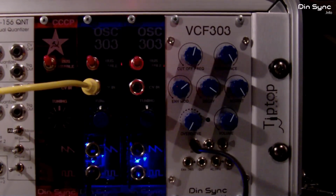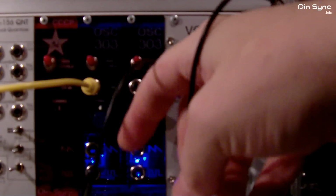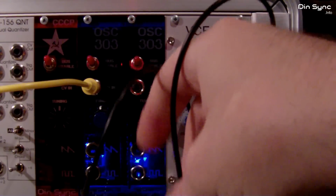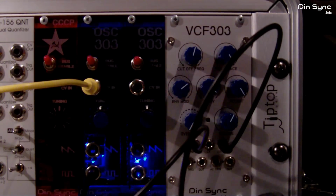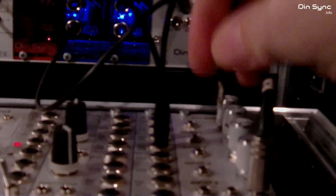And so we take the output of the VCF303 into a VCA. I'm using good old cheap dual VCA from Doppler, the A1321, which is actually very good for this job. But anyway, signal in there. And then we take the signal out of the VCA into your mixer,